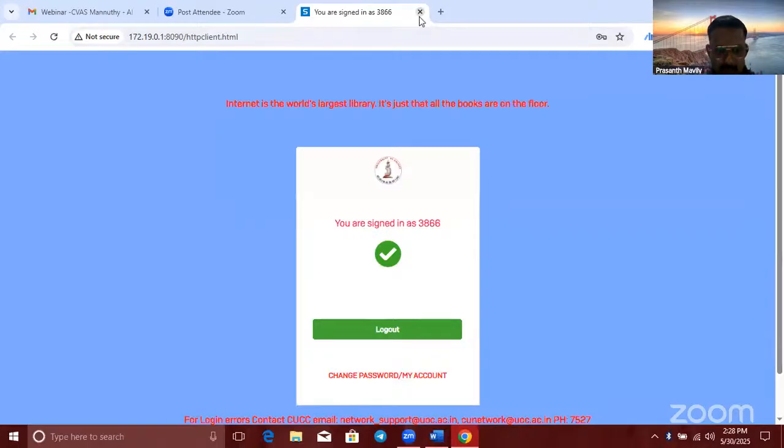So the next AI tool I would like to introduce is SciSpace. See, every AI tool I am discussing today, you can easily log in with your Google ID. You don't need to separately make a username or password.